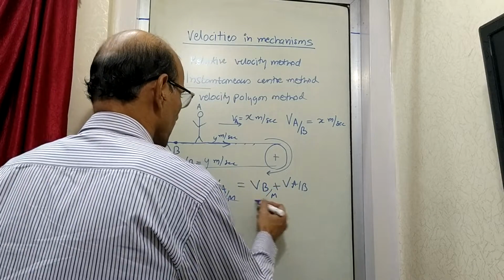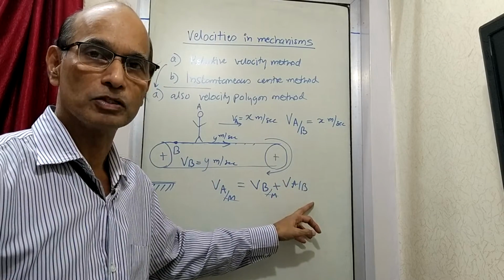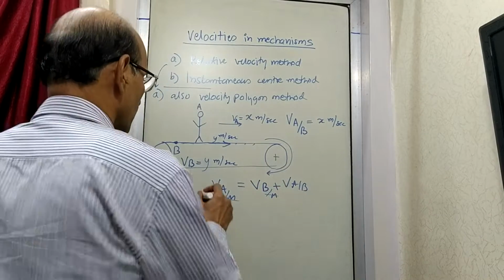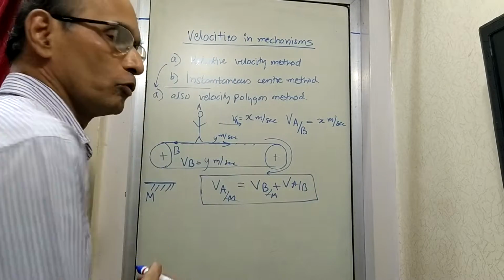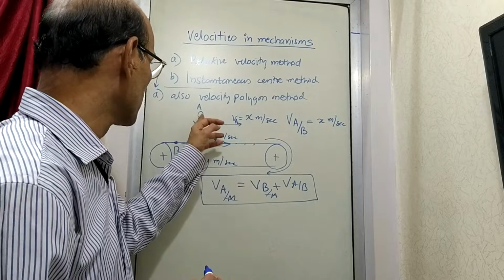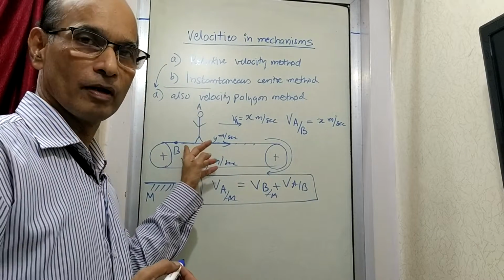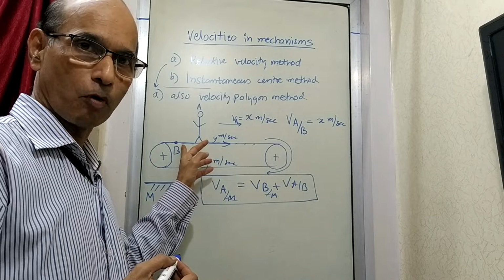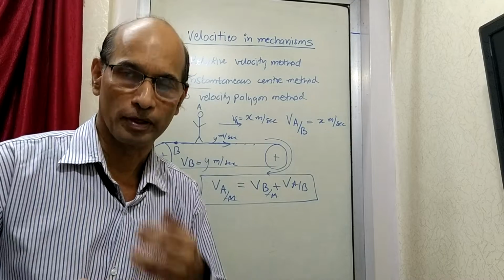Now this M is written like this. So velocity of A is equal to velocity of B plus velocity of A with respect to B. That becomes some kind of equation which is always required to be used. So the velocity of any object which is moving is equal to the velocity of a reference point, if it is there, plus the velocity of this with respect to the reference point.